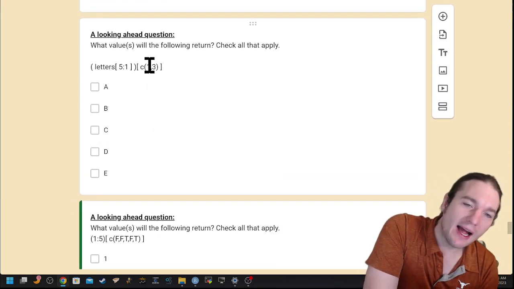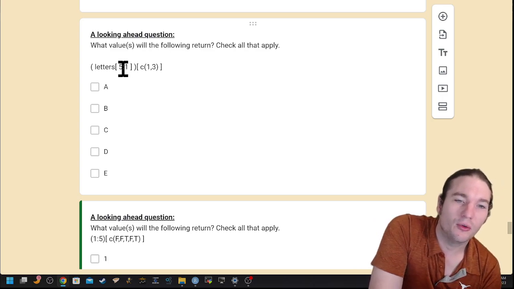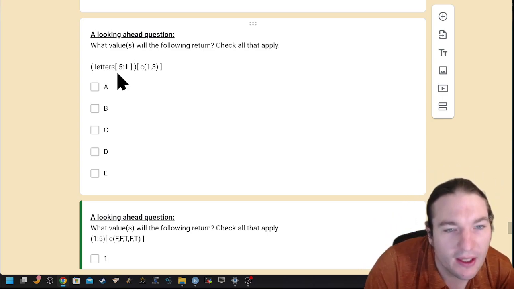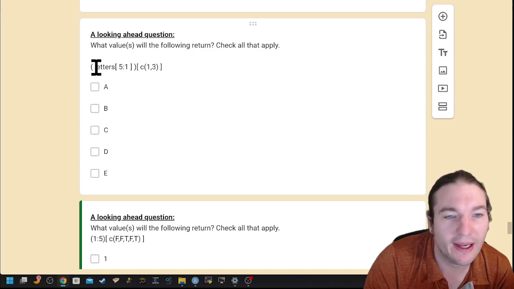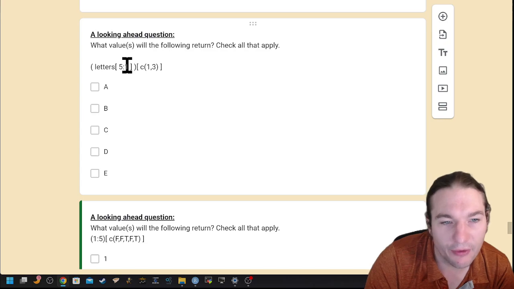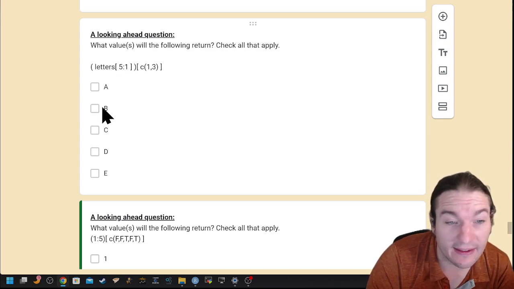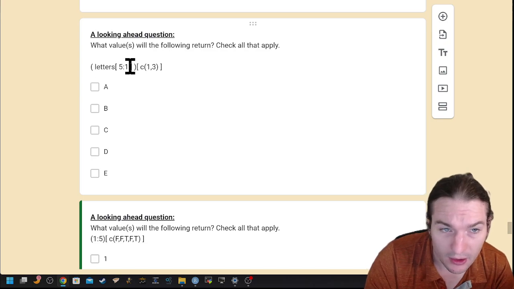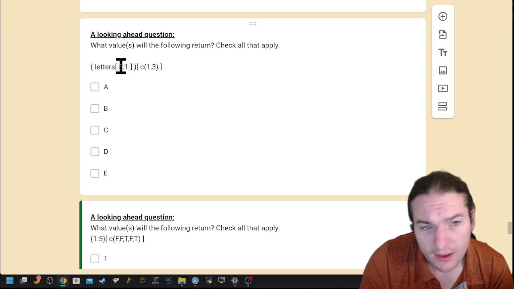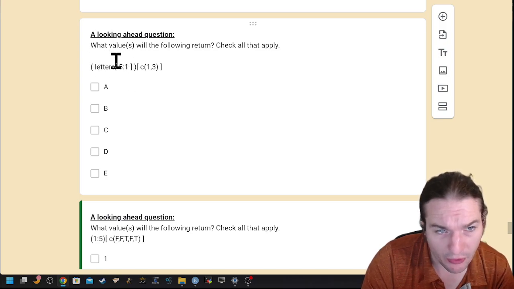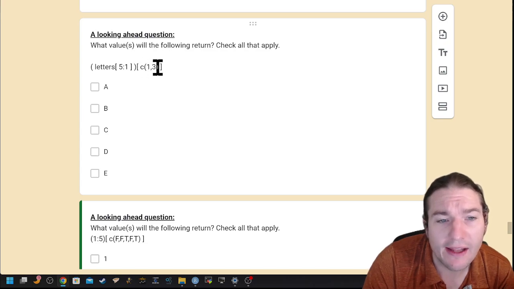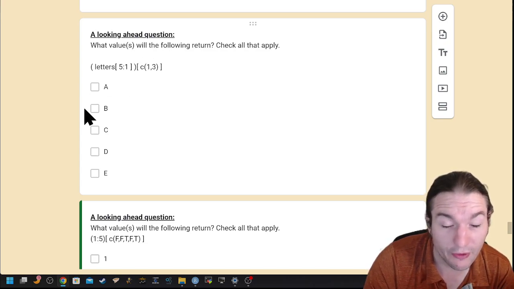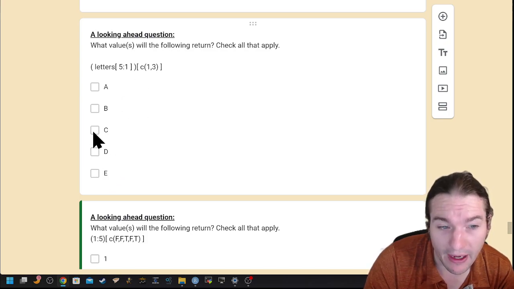The next question, as you continue to put these through, does get a little bit fancier because it has 2 extractions. The, I guess, leftmost extraction is for first extracting the letters 5 through 1. So E, D, C, B, A, in that order, are going to be extracted. And then from that output, notice it's all in parentheses, it will then extract the first and third value. So the first value was E, and the third value was C.